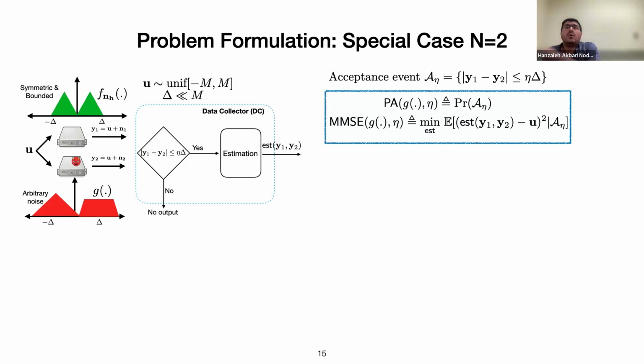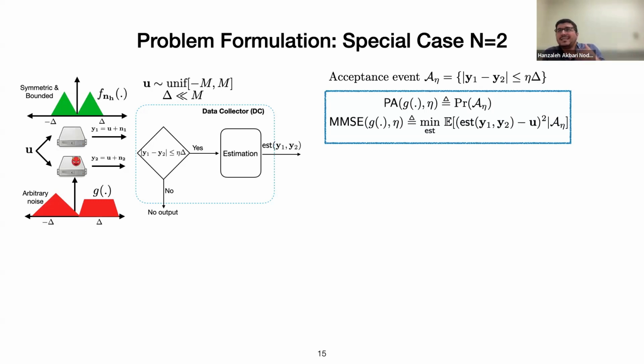Okay, and all of this is given the acceptance event. If you remember, whenever we don't accept the inputs, there is no output. So there is no definition for the error once the system is dead. We don't have any output, plus we don't have any error.